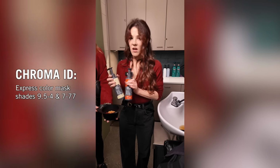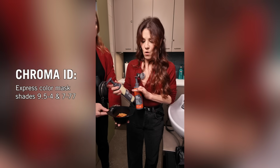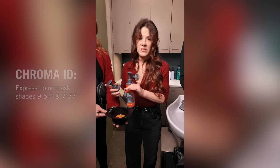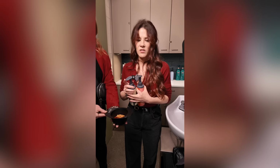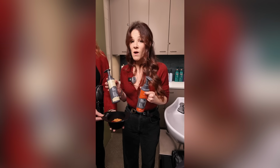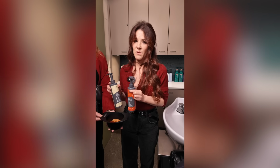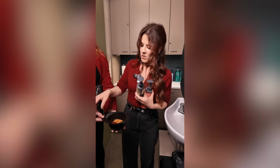I'm gonna use these color conditioners. I just used the 95-4 and I use 777, and this is gonna be a beautiful conditioner that we just formulated for her. If she came in for a blowout, we could do a little color refresh with this. It's really fun, it's really great. And we did half and half, and now we're going to